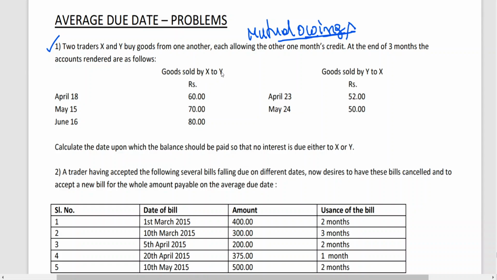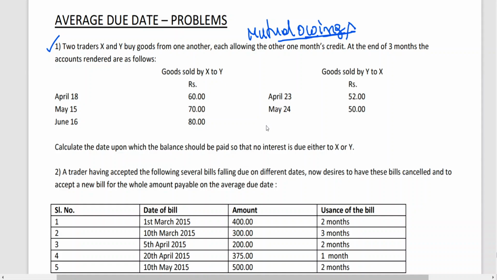Now goods sold by X to Y is nothing but for X sales, Y purchases. Here goods sold by Y means for Y sales, X purchase. So X is a seller as well as a purchaser. Calculate the date upon which the balance should be paid so that no interest is due to either X or Y. When there's a mutual owing, we need to calculate. How to calculate this? So first we should do